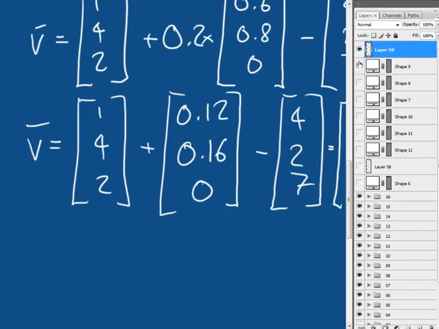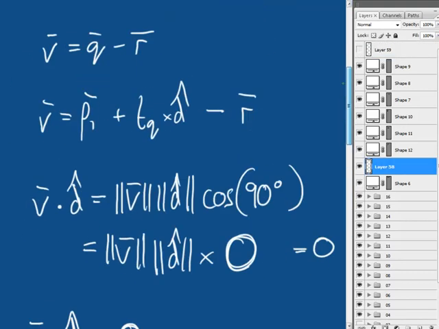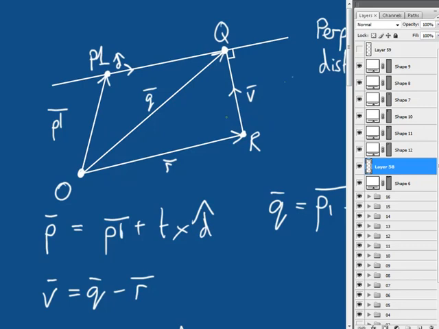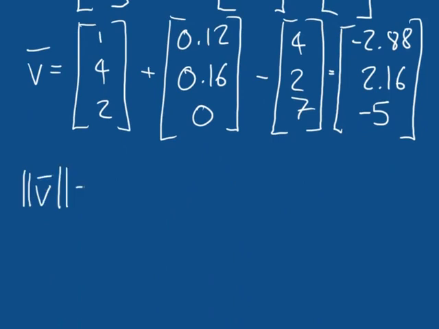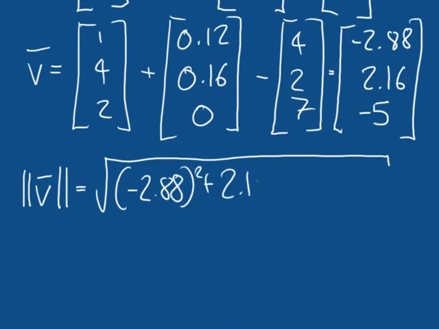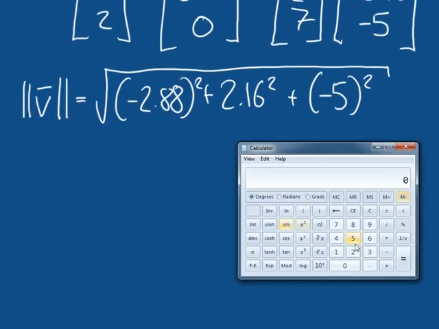If we cast our mind back for a second, what we've got is this vector. We've got the components of this vector. What we want is the distance between R and Q. To get that, we find the magnitude of V. So we need the magnitude of V, which we know is equal to the square root of x squared plus y squared plus z squared, which if we use a calculator to solve this, minus 2.88 squared is the same as 2.88 squared. So 2.88 squared plus 2.16 squared plus 5 squared is equal to the square root of